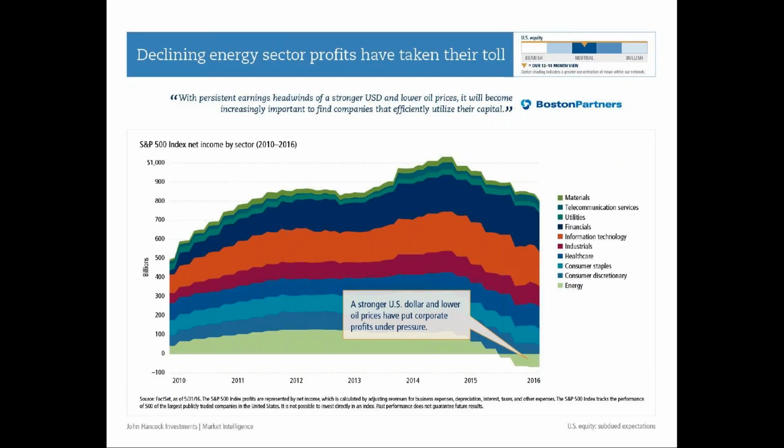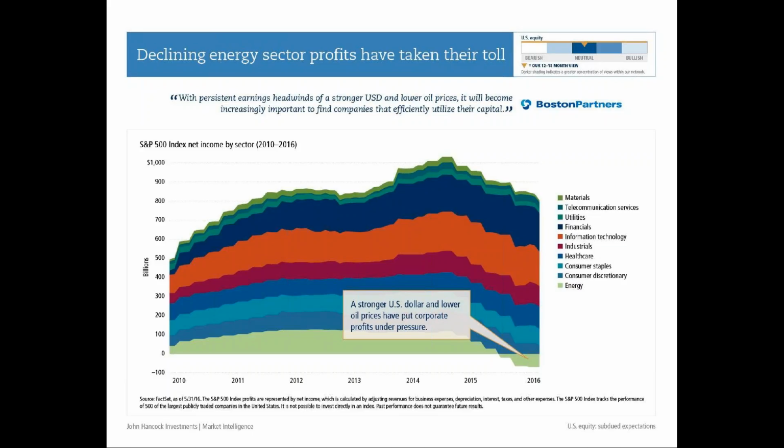We don't think the presidential election is going to be a huge shift for your asset allocation, and that U.S. equities will do okay. The thing that we're watching, though, is actually corporate profitability. And one of the things we talked about at the beginning was that oil companies or energy companies that are doing exploration and production or are tied to the price of oil are really struggling right now.